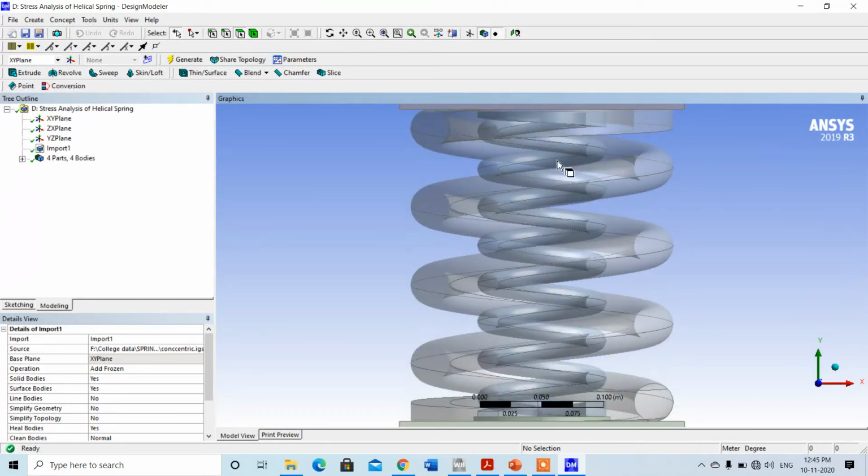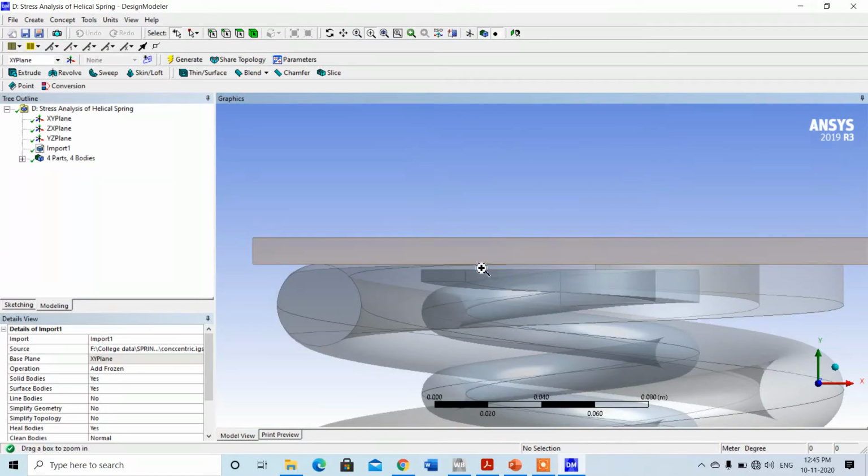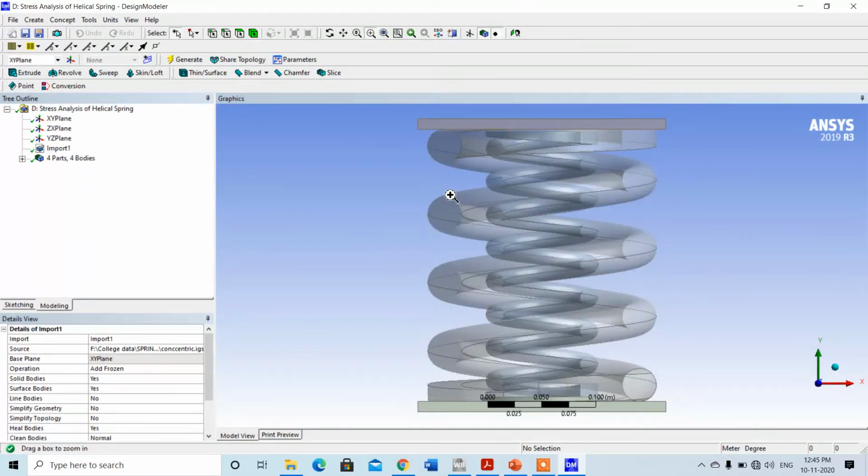If we check the front view, there is a gap between the inner spring and the plate, and the outer spring just touches the plate. In that case, there is a need to provide a gap element also.